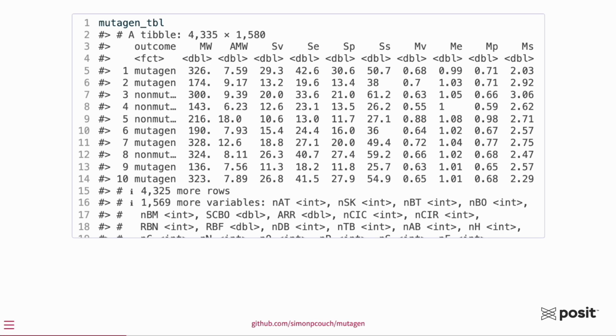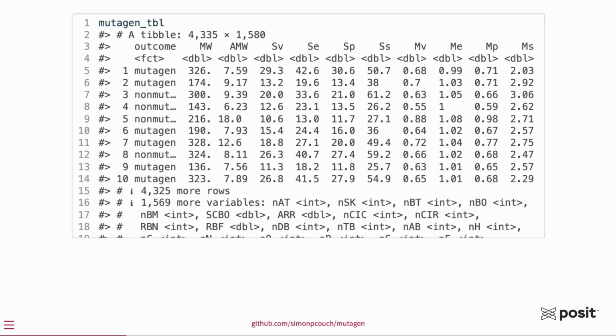The source data that we'll be working with is called Mutagen Table. It's a table with over 4,000 rows and notably over 1,500 predictors. So in this first column, we have whether the drug is a mutagen or whether it's a non-mutagen.